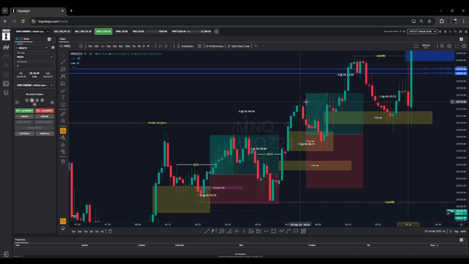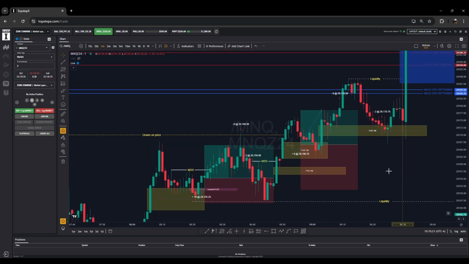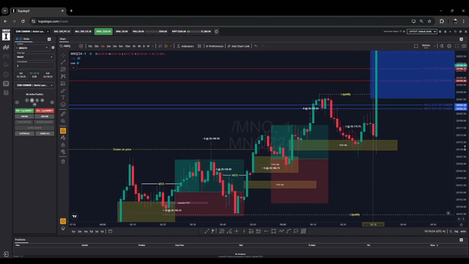So when price closed above and then came back down to this fair value gap, I took 8 contracts on this candle when it tapped the fair value gap, with my stops below here, targeting the 25th new day open gap. When price traded up to that new day gap, since today was a Monday and this is NFP week, price was rejecting. So I took off 6 contracts. I left 2, and then price reversed and took out my next 2. If I had left my stops there, guys, I would have caught all this.